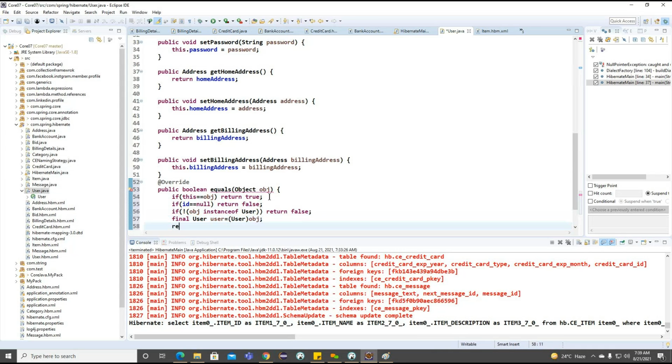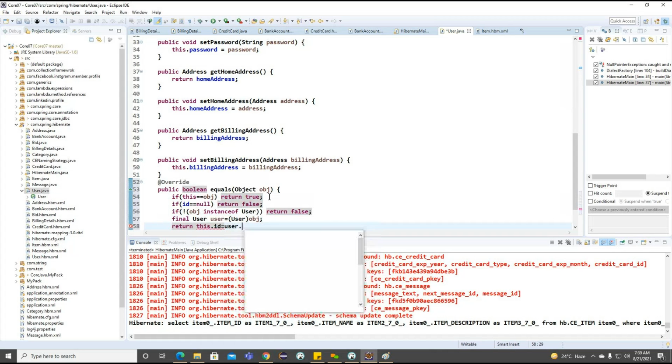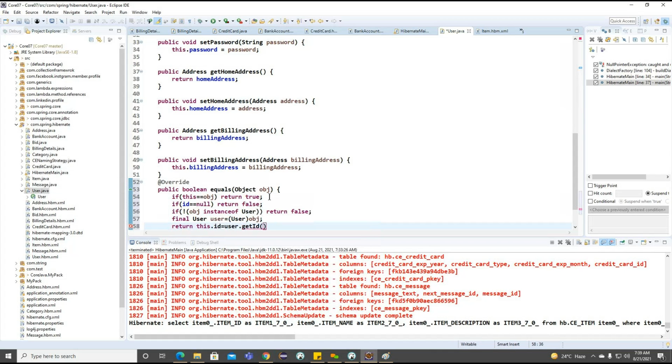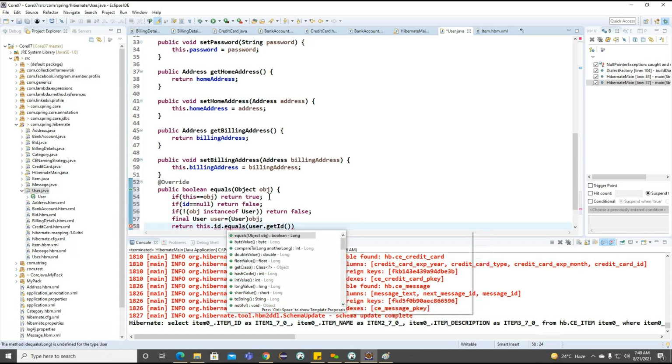Once we have converted it into a User object, I want to check the ID: this.id equals user.getId(), using the equals condition.